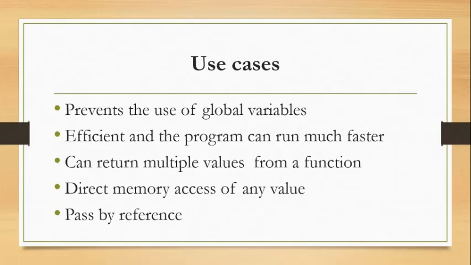So you can access all 10 elements in the array with just one variable, the pointer. Direct memory access to any value: you know the address, you don't even have to know the variable name. You have the address, and you go to the